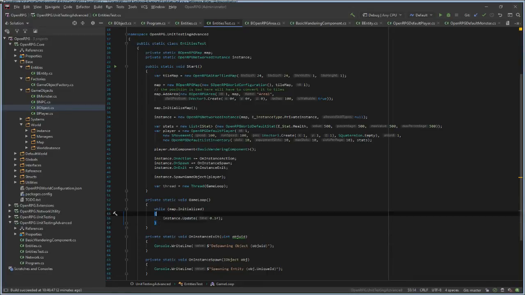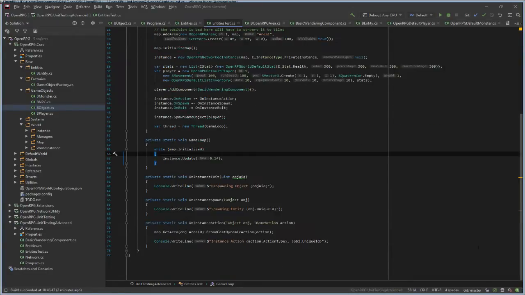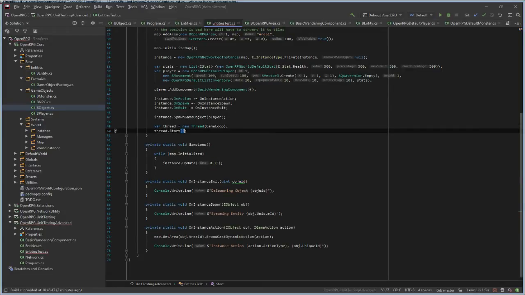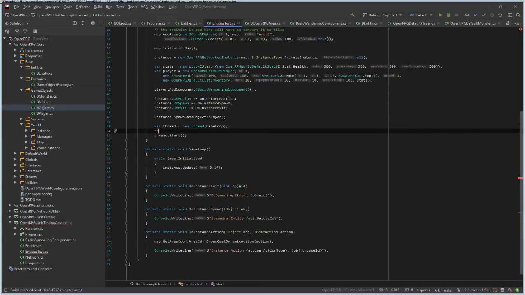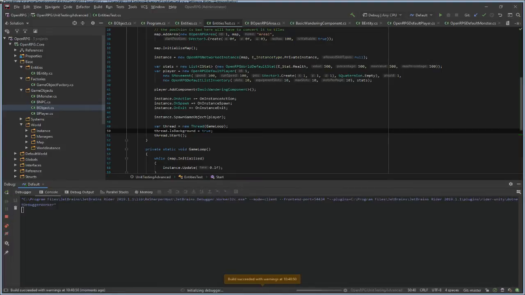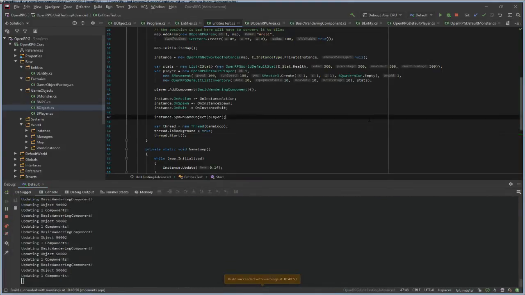So is that every frame? Thread start, thread is background true. Let's see. Yes, it's working great.